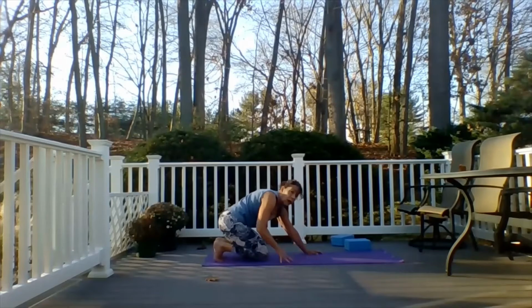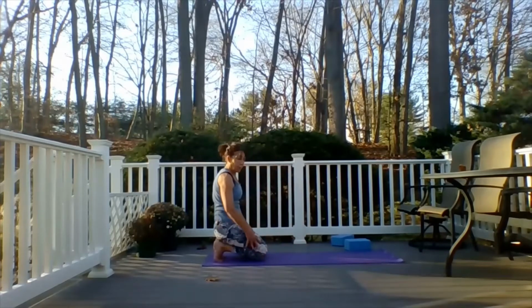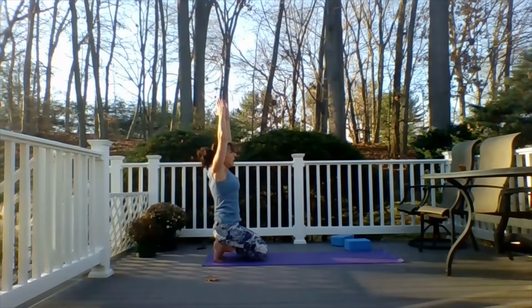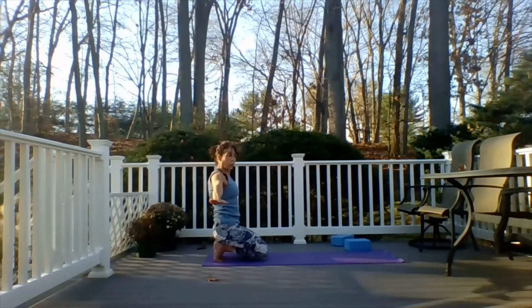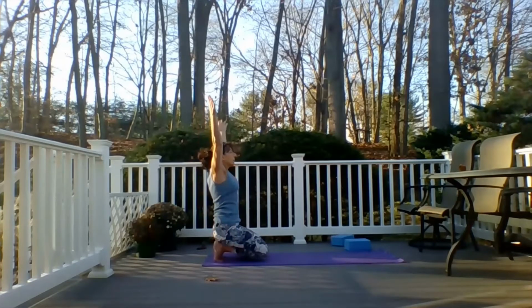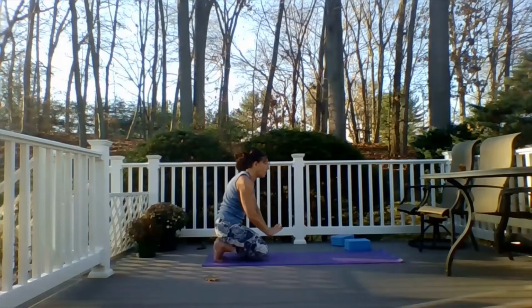If you are able, you're going to sit it up. If not, you're sitting on a block to have access to this pose. Take a deep breath in. Exhale, let the arms float. Inhale, let them rise. Exhale, walk them out